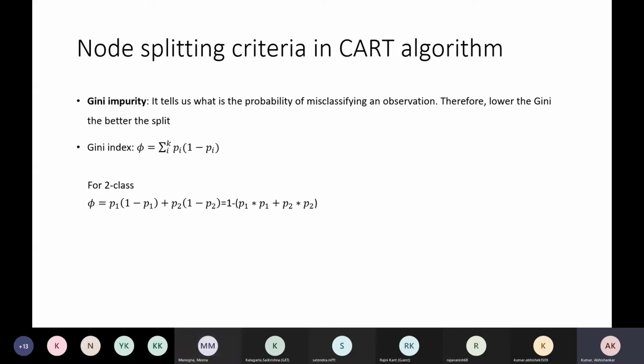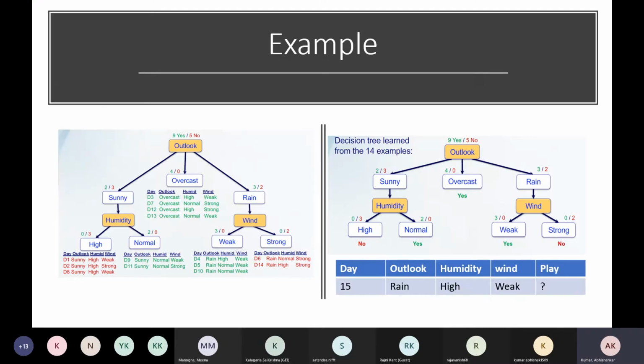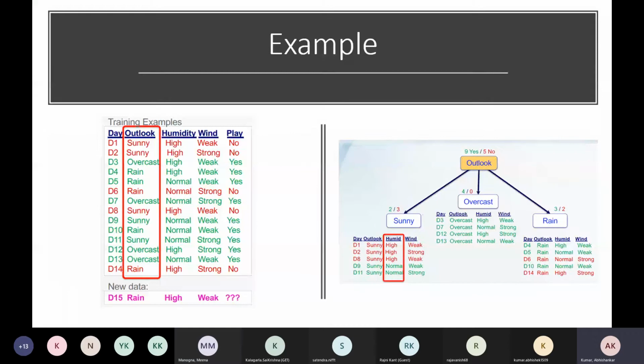in decision tree, we have to identify actually which node we are going to consider as a parent node and which feature we are going to split. Formally, in the previous example, we first considered outlook and then split outlook into sunny, overcast, and rain. The question was, why not have we considered humidity to split the node? Why not wind to split the node?